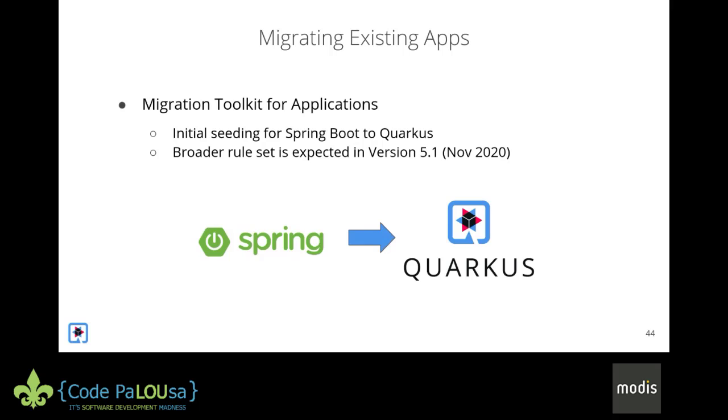By the way, if you're looking to move from the Oracle JDK to OpenJDK, this is a tool that will help with that analysis too. Or you're looking to move from WebLogic to JBoss, for example, you can use this tool to do that type of analysis too. So it's really flexible, and we've included now some rules for moving from Spring to Quarkus.